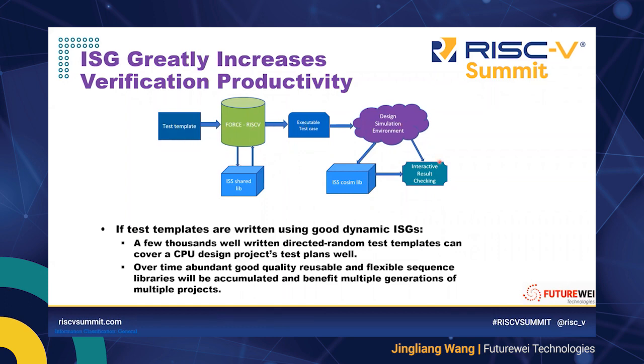This is the general workflow of how Force RISC-V ISG works. On the input side, we have a test template that the user writes. That will be passed into the Force ISG and control the process of test generation. While the test is being generated, the generated instructions will be emulated in the ISS shared library to get back the current architecture results. In the end, an executable test case will be generated and passed on to run in a